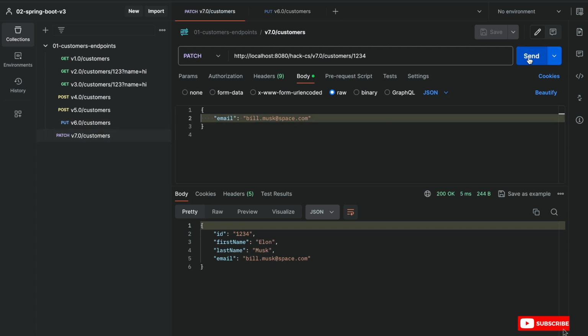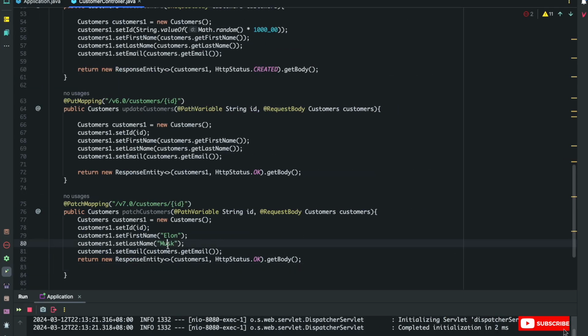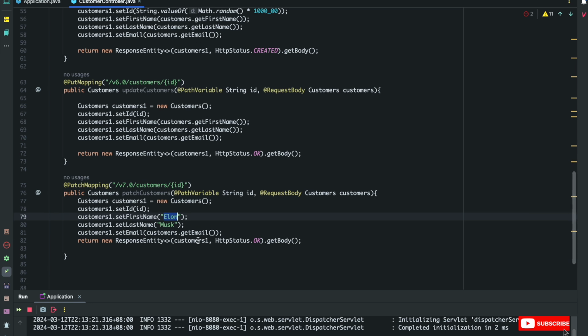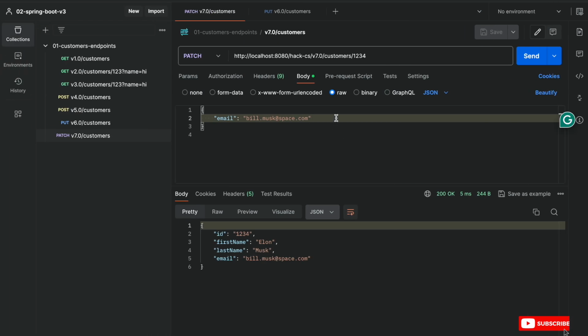Now in patch mapping, we are passing email, and other information is coming from database. Technically, this information we are retrieving. Here, for example, this is coming from database, or we can also read this value from a property file, but we'll do that in a later video, how to read a value from a property file or from a YAML file. For now, you are understanding the concept of this